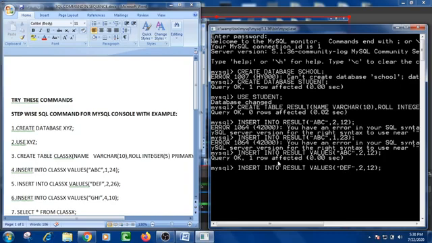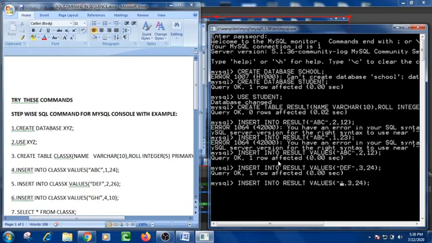DEF is the name of the other student, roll number is 3, rank is suppose that 24. Then again one more record I am going to insert.